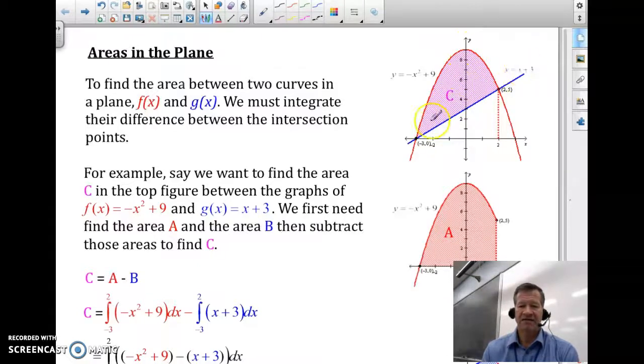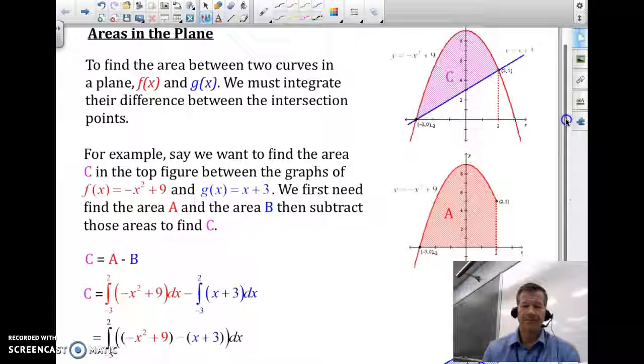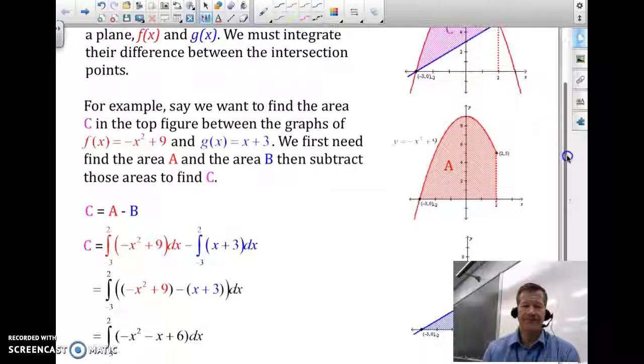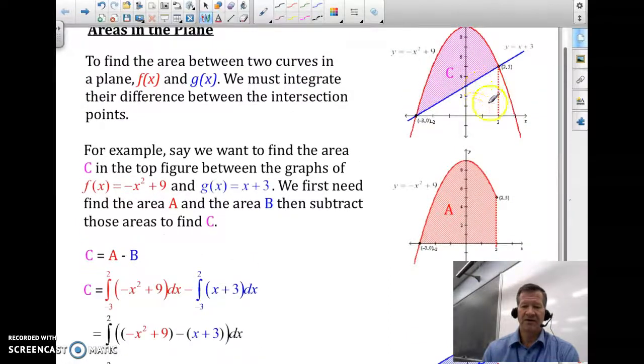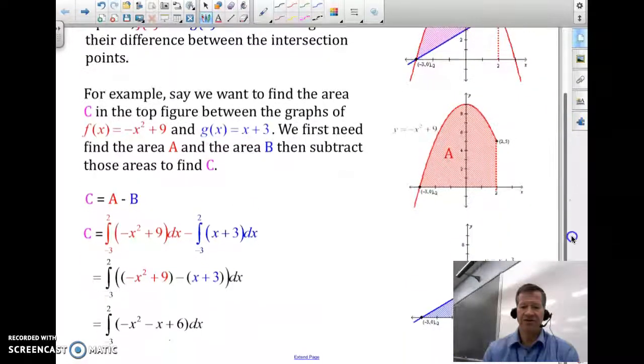And then the line y equals x plus 3, a line with a slope of 1, indicated in this blue graph. So now I want to find the area between these two curves, which I have here called this shaded area C. Now, if I want to find the area of C, we know that if I would first find the area between A and the axis, that would be this entire area. And if I would integrate B, that would give me the area under the line, which is shown by this